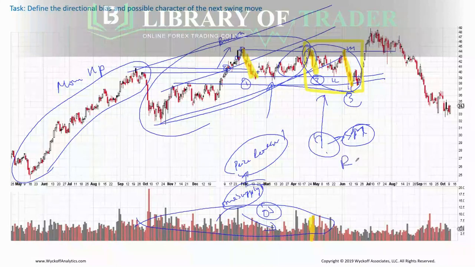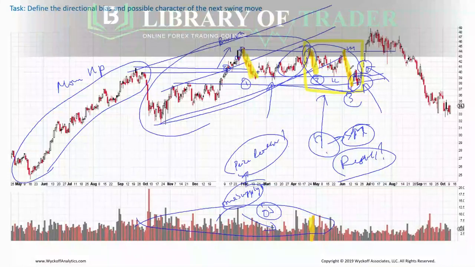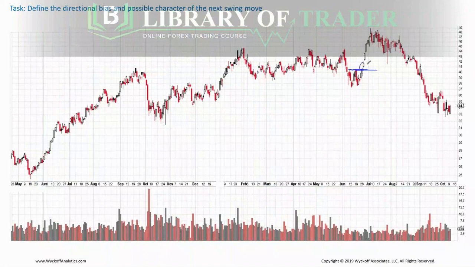We need to understand what kind of result we have on this deterioration. So what is the result? We are trying to commit to the downside on reaction number 3, and then we are coming back. So right here, when we are overcoming, let's say, this high on this bar, this acts as a confirmation